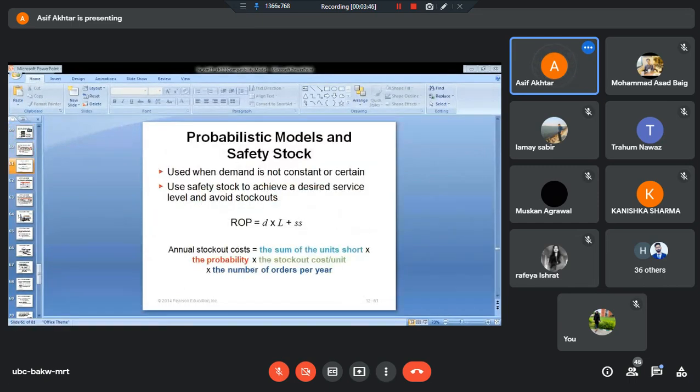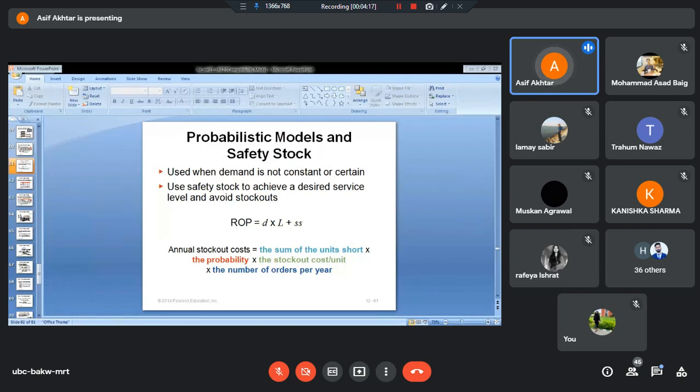So my dear students, if you recall the formula for reorder point, as I have already discussed with you, it is nothing but daily demand, that is small d, multiplied by the lead time, which is capital L. If you multiply capital L and small d, you will get the reorder point as per the formula suggested by the basic EOQ model.